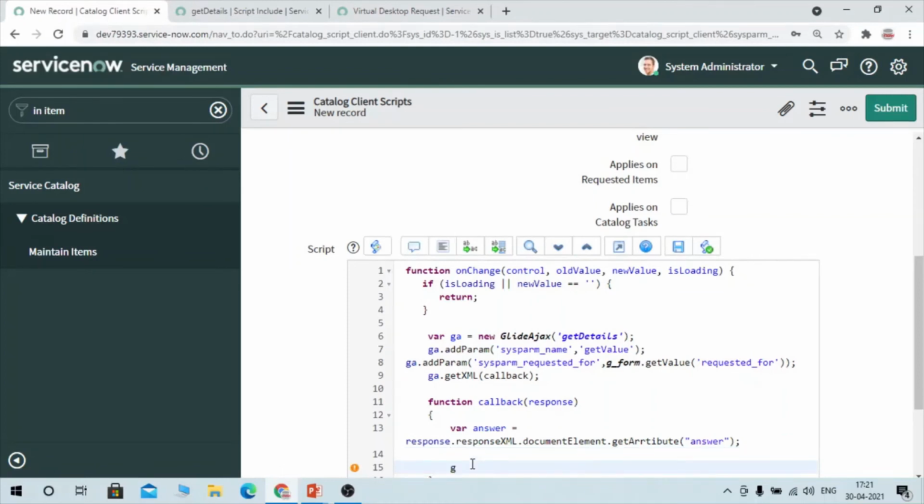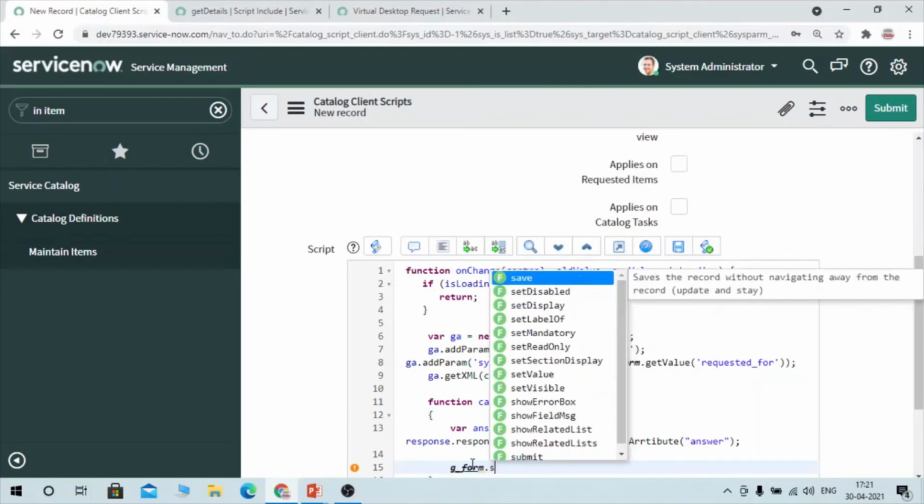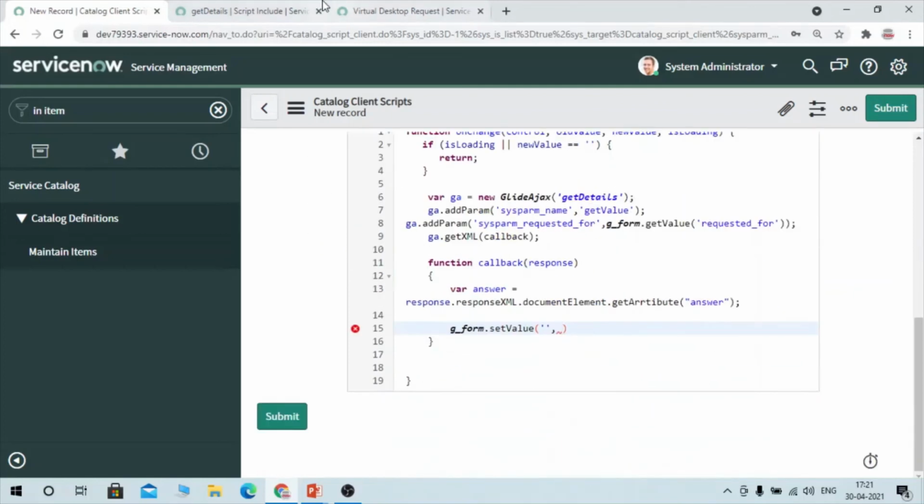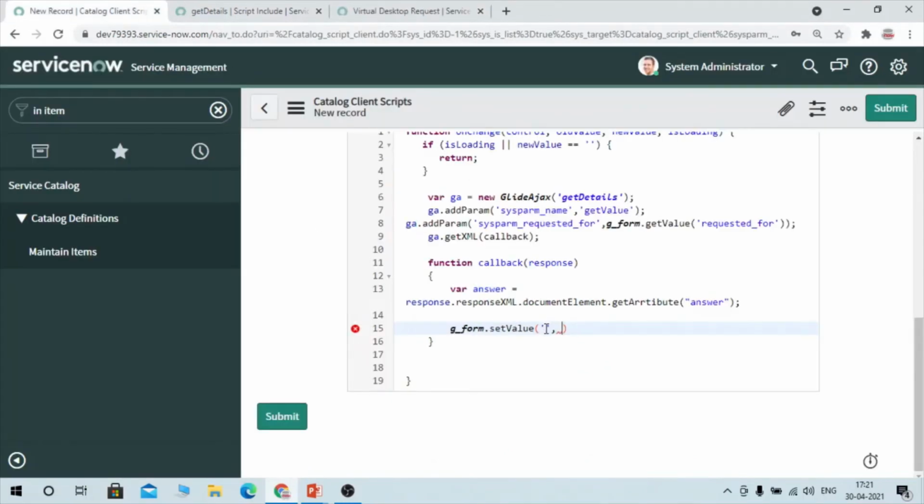Now we don't have to do much. We have to use g_form dot setValue, and we have to set the value of email ID. So you need to put in the value of the email, that is email ID, and you just give it your answer. Because whatever the server side script include is returning is bound into the answer variable,